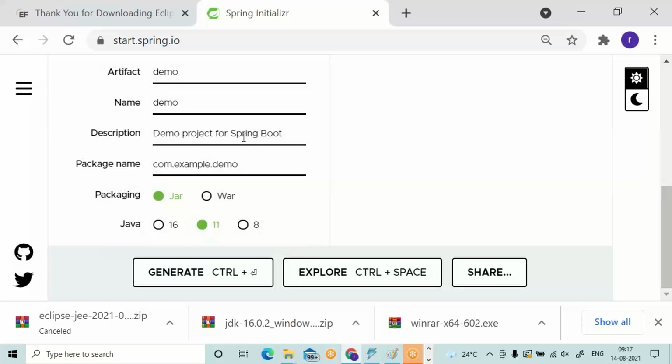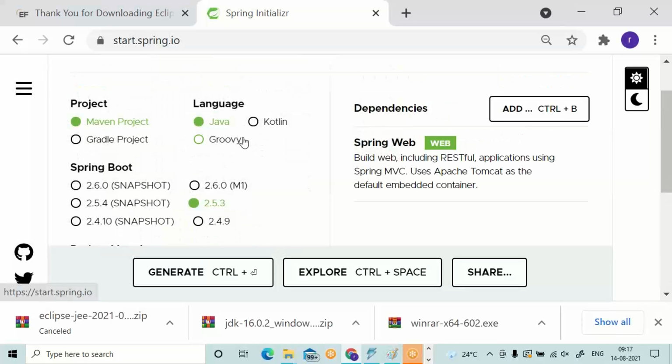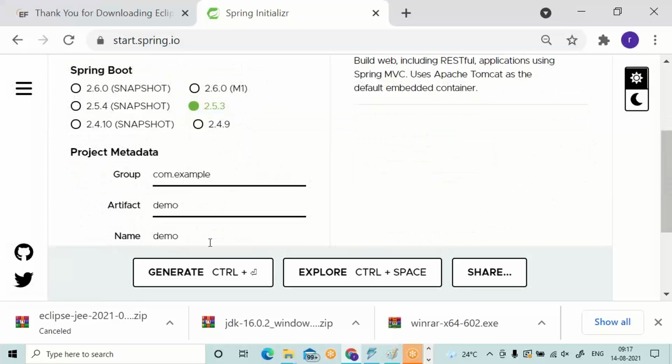Completely default information. Only on the right hand side, Spring Web. After giving the input to the Spring Initializr, click on generate. Based on our input, it will generate one ready-made project. That ready-made project will be downloaded into our local system.